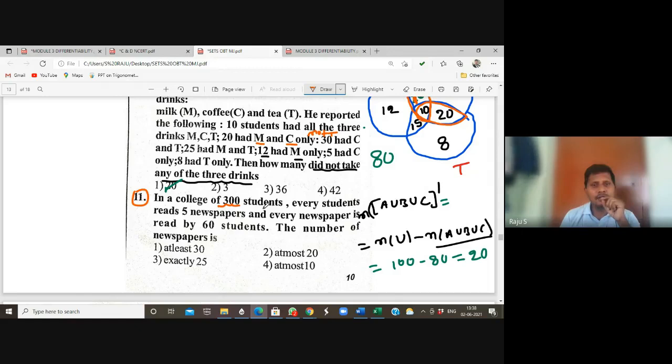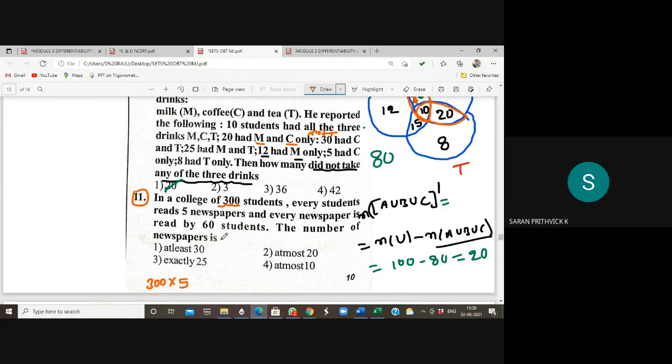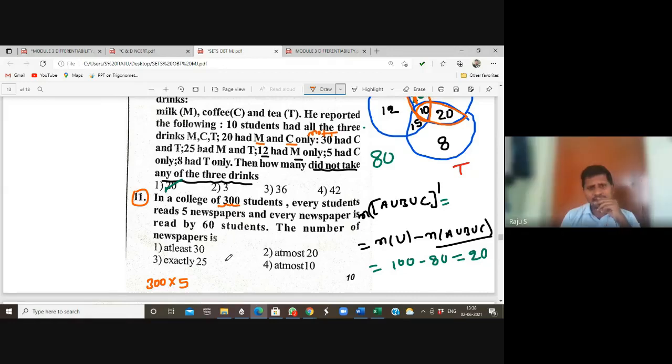Total number in a college, 300 students are there. Every student reads 5 newspapers. Nothing but 300 students, every student can read 5 newspapers, and every newspaper is read by 60 students. The number of newspapers is 1500 by 60, sir. By 60. Then okay, let us consider here